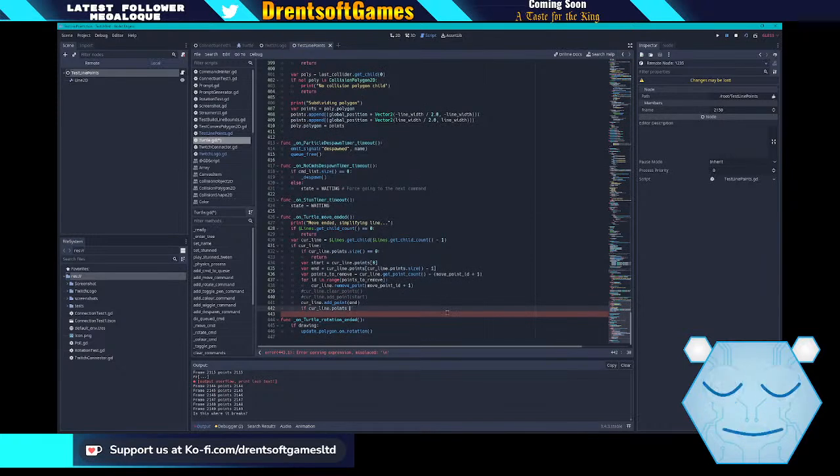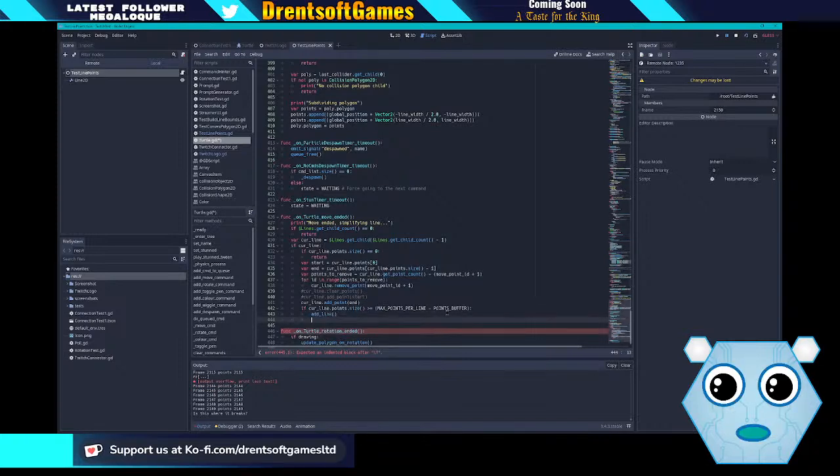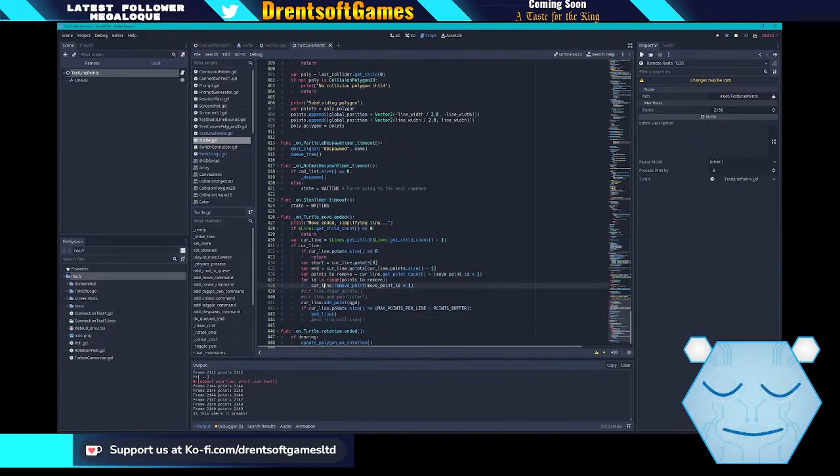If char points dot size is greater than or equal to max points per line minus buffer, then we want to add a line and add line collision. So basically what happens is at the end of a move, if this move is getting up onto